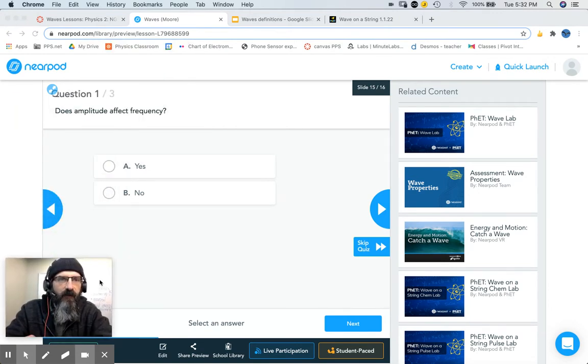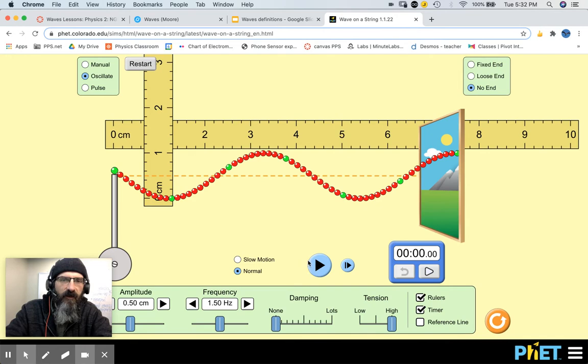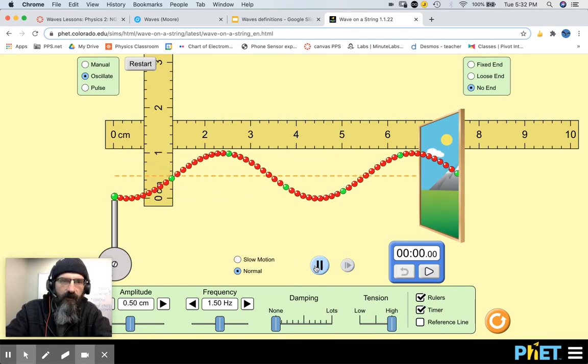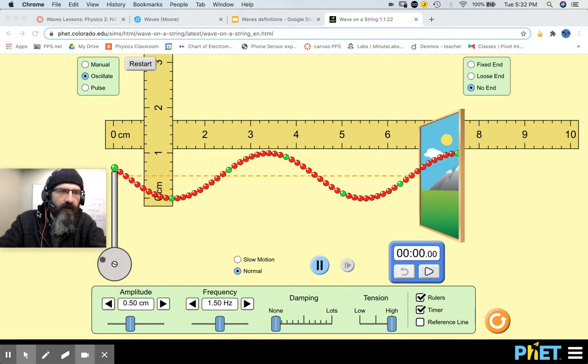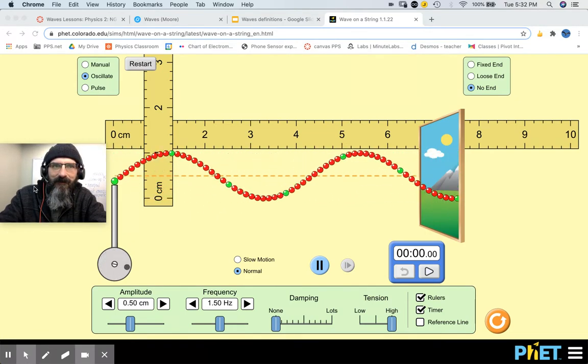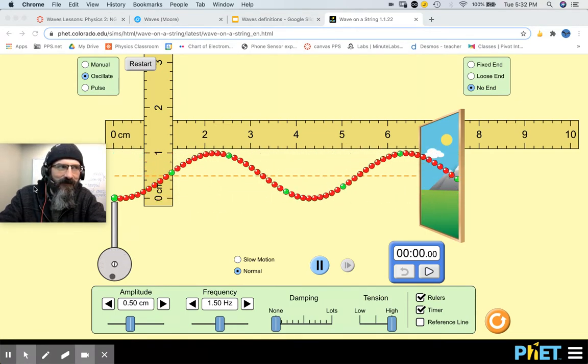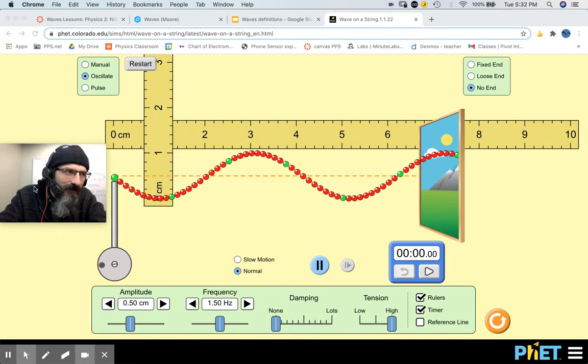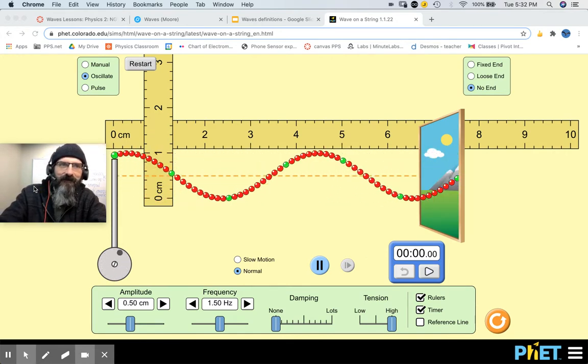All right, does amplitude affect frequency? Oh, how do I know? Let's go back and look at our simulation. Let's make it go again. Why isn't it going? There it goes. Oh, I can like stare. I don't know if I can make my eyes do it. Which direction do I need to look? Like over there. Looking at the wave. I don't know. Anyway,